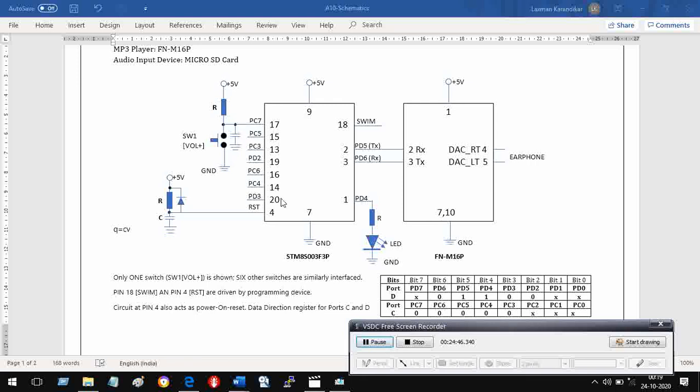So all these pins 20, 14, 16, 19, 13, 15 will receive a configuration like this, a switch with a resistance and a capacitance. So when I press this key or this button, then these 2 points become shorted, and it is shorted to ground, therefore this will also be shorted to ground, and PC7 will experience a 0 level. If I remove my finger from this push button, it opens, this is no more shorted, and therefore this pin gets connected to plus 5 volts, and therefore it is logic 1.